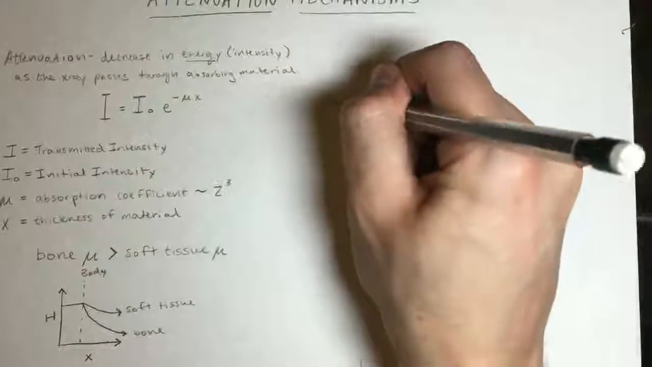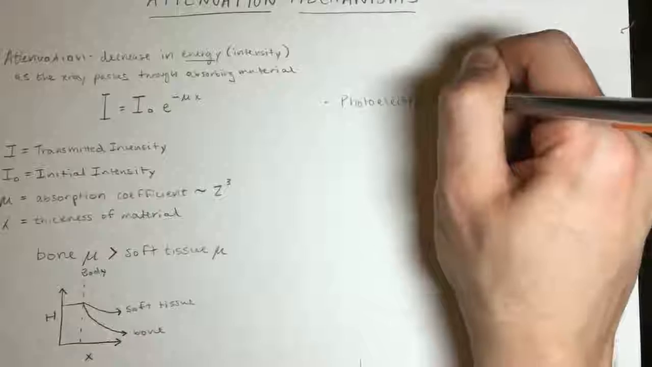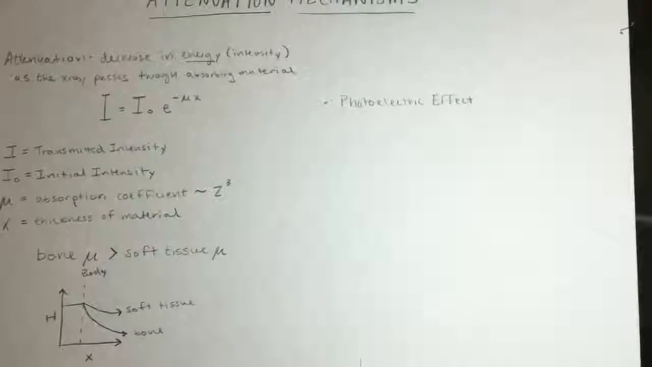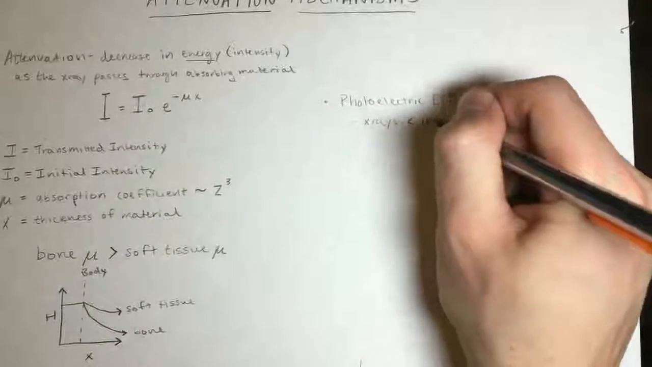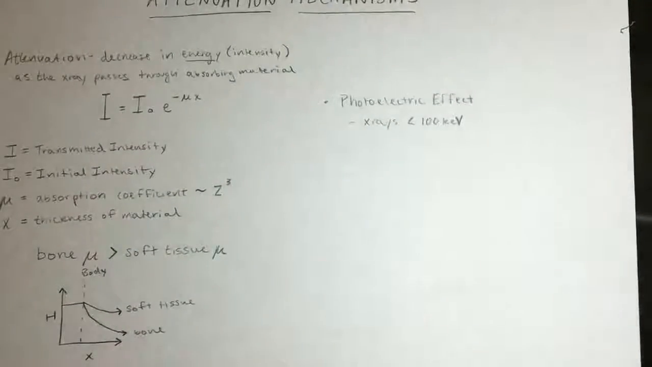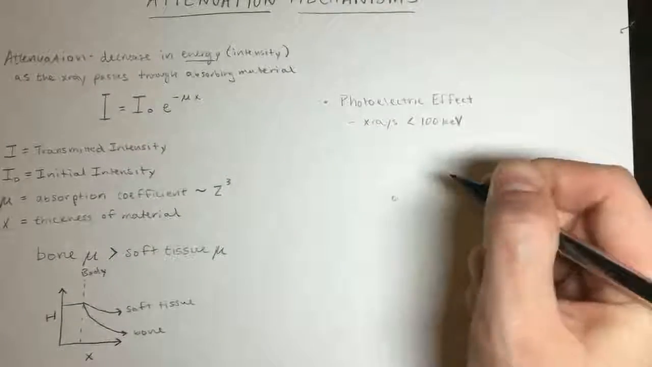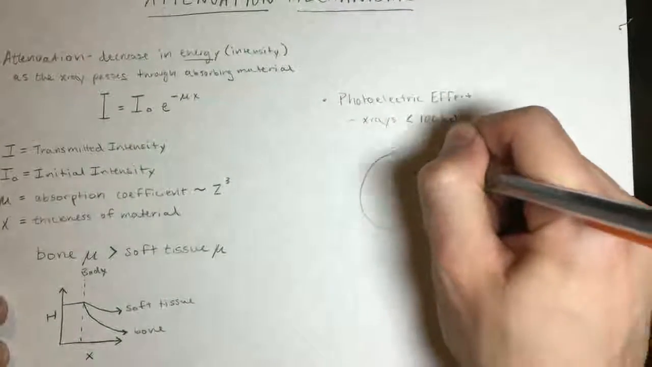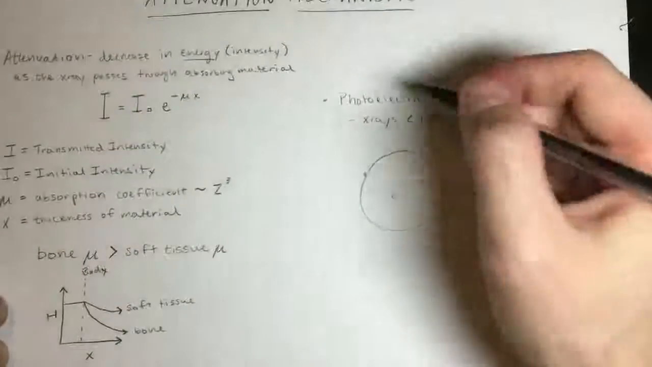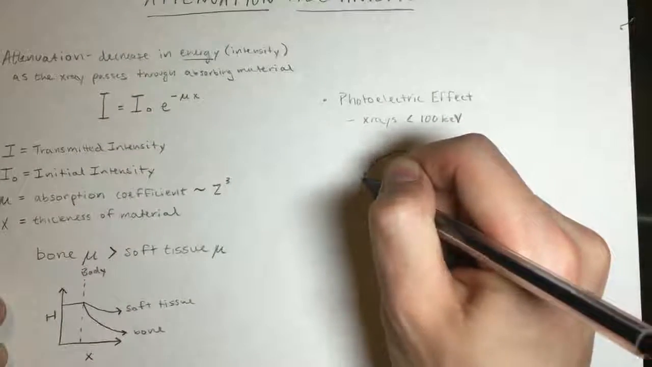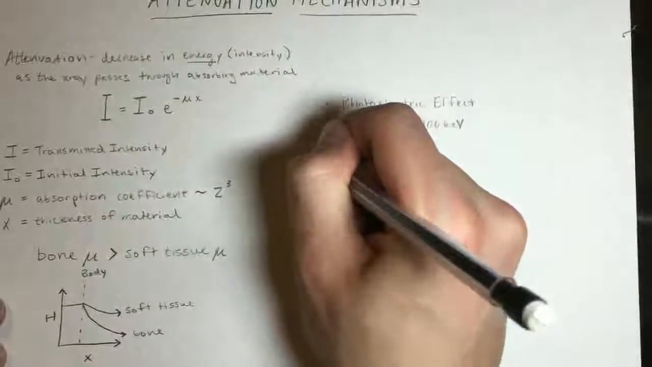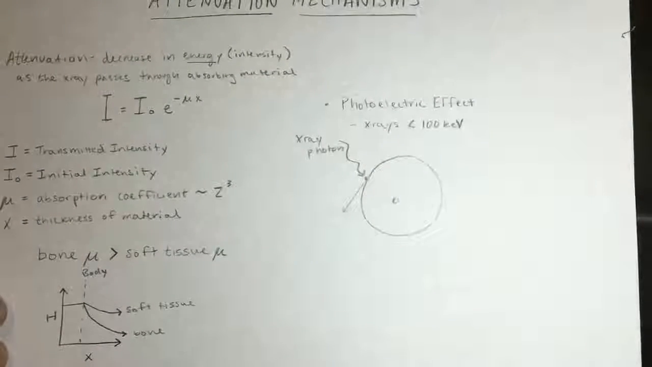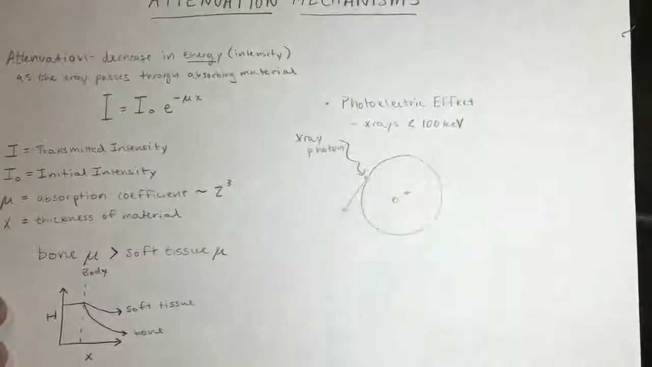So a couple things occur when absorption occurs, one of which is the photoelectric effect, and that typically is dominated by X-rays that are lower than 100 kiloelectronvolts, and that's because once it gets to a higher energy level, it will continue on. So with the photoelectric effect, we have an X-ray photon that collides with an electron of an atom and shoots that electron out, and the X-ray photon is totally destroyed. There's no more energy left, and this just leaves a